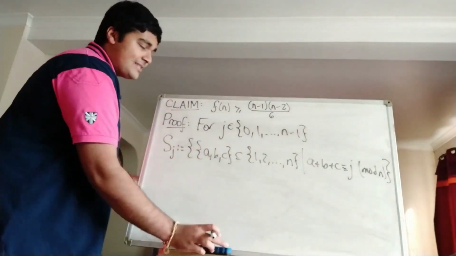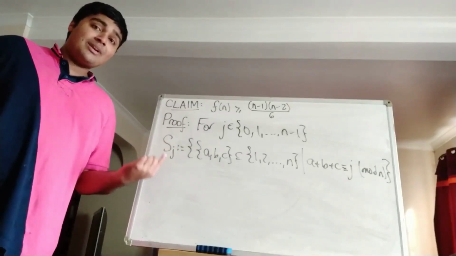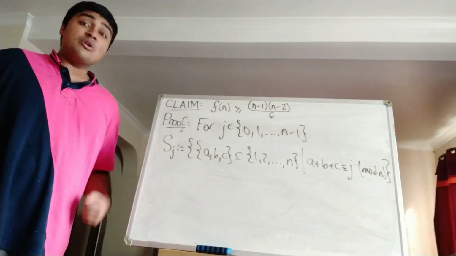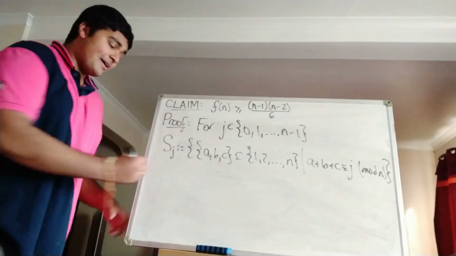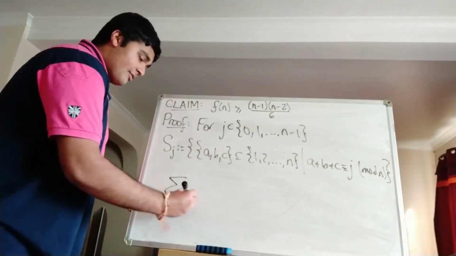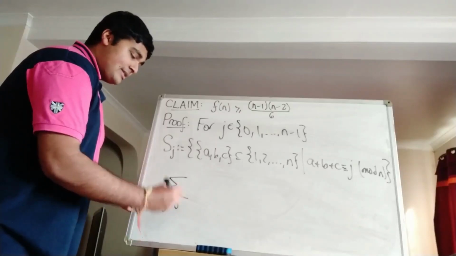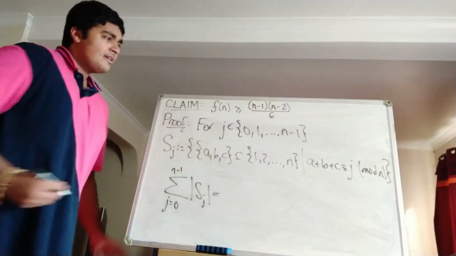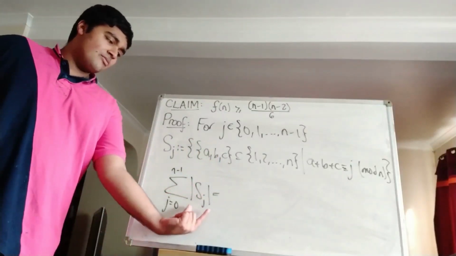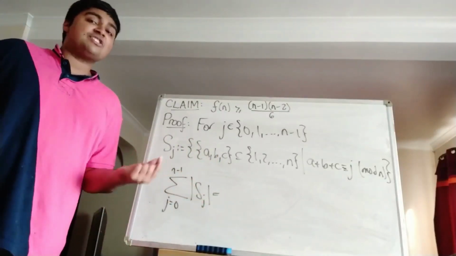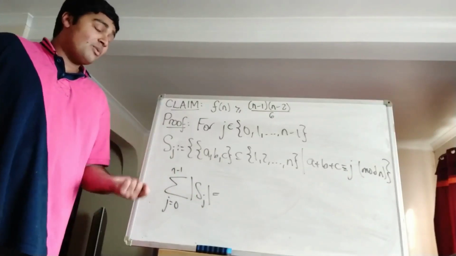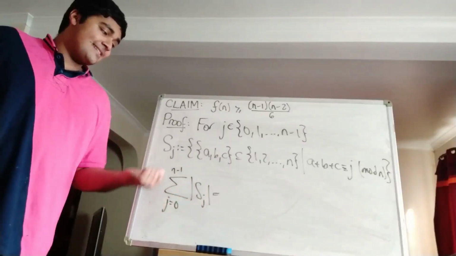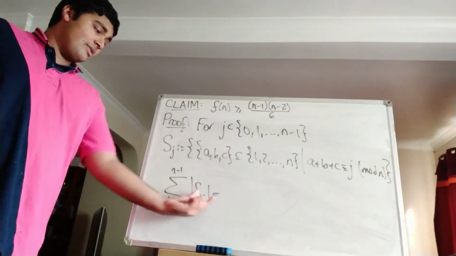So now that we have this, what I claim is that at least one of these Sj's will have cardinality n minus 1 times n minus 2 over 6. And the way we're going to do that is just by considering the sum of their cardinalities, so the sum from j equals 0 to n minus 1 of the cardinalities of Sj. Now, we don't really know what the cardinality of each of the Sj's is individually, but what we do know is this guy here, which is quite cool, because this guy here is simply the sum of all the cardinalities